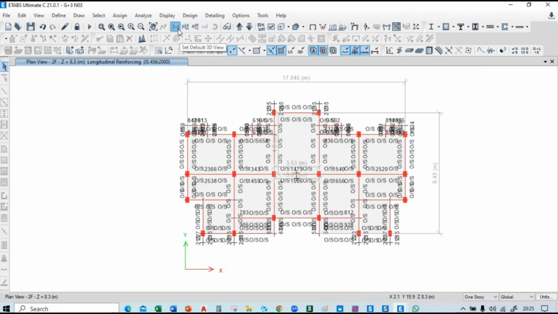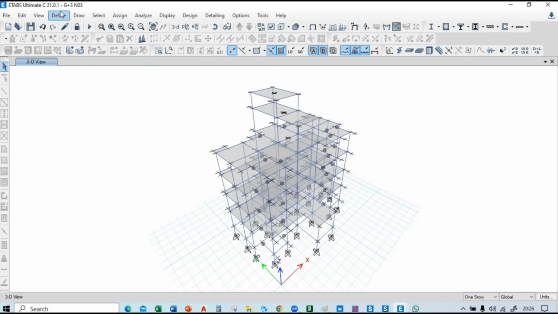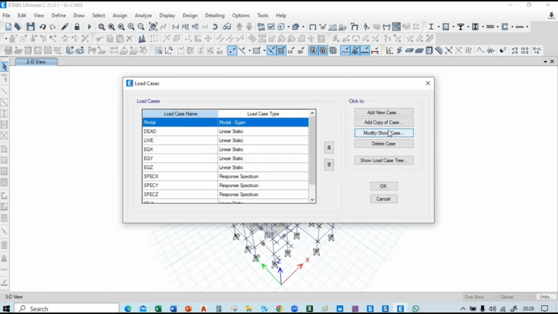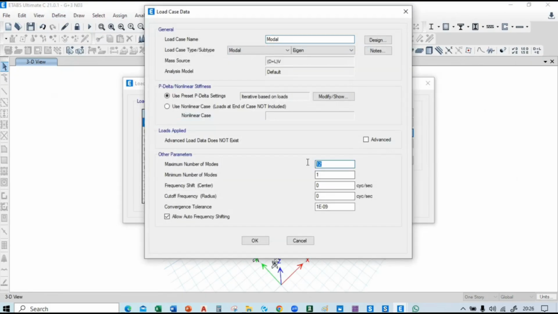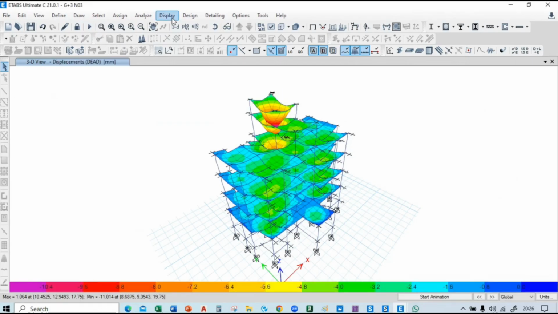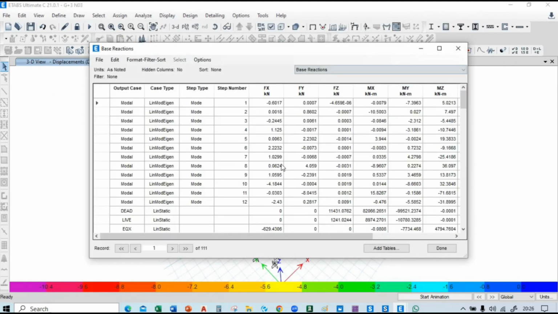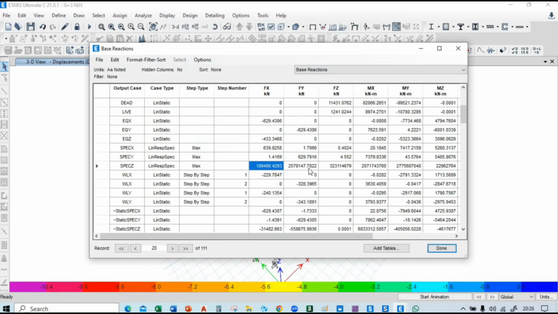Okay, why is it failing? Something is wrong actually. I don't know what happened. Okay, let's go to define load cases and modify the mode, and let's take it 50 and okay and run it again. Let's go to display show table. Okay, and you can see it's now it is